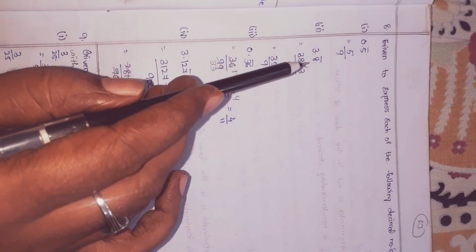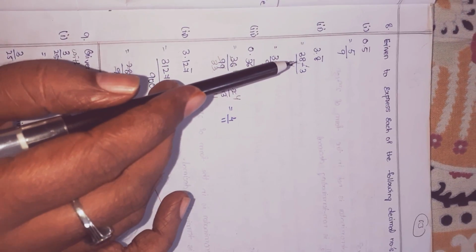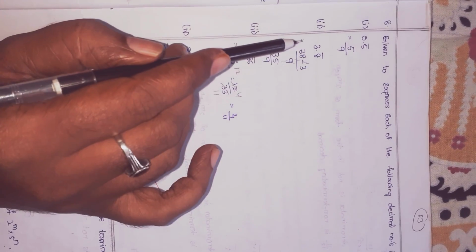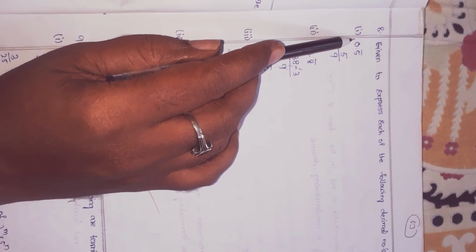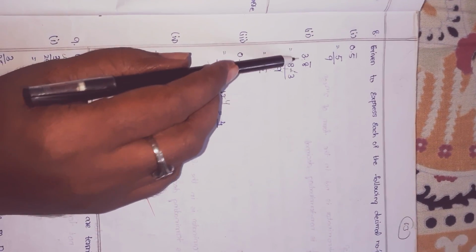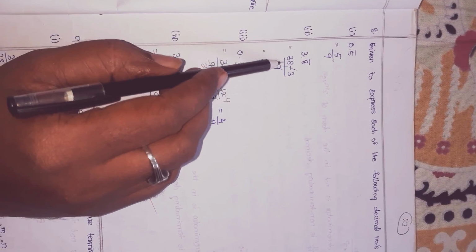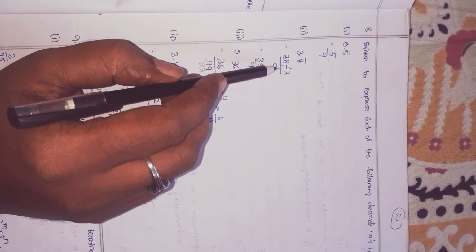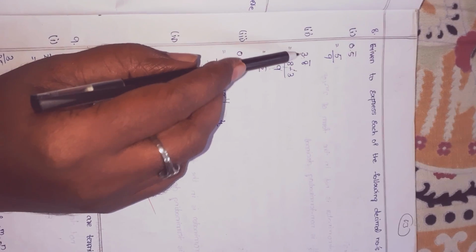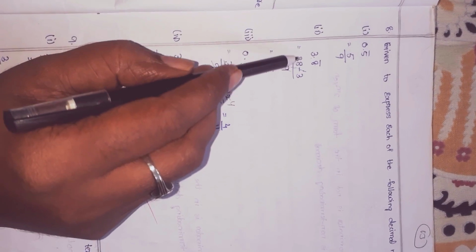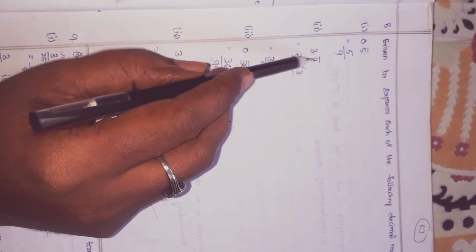Completed. Next 3.8 bar children. So here without bar one digit is there, with bar one digit is there children. So here also it is there, but 0 is countless. So here how can you write this children? 38 minus, without bar how many numbers are there? That many numbers you should do subtraction children. So only one digit is there, so minus 3 children. 38 minus 3, by under bar how many digits are there?